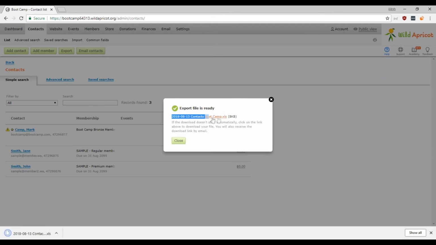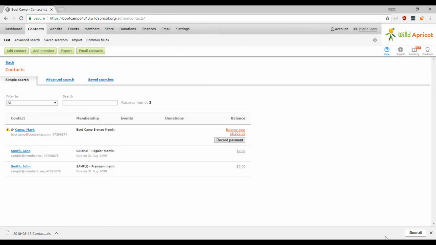And there you go. You can see that we actually have the export file here. And if we wanted to take this as a sample and then go about adding our info to it, we absolutely could. So I recommend that as a method if you are importing information for the very first time onto Wild Apricot, or if you're making bulk changes, that will also be a really good way to do it because it brings all of the info out of your account so that you can see it, make the changes, and then import it back in.